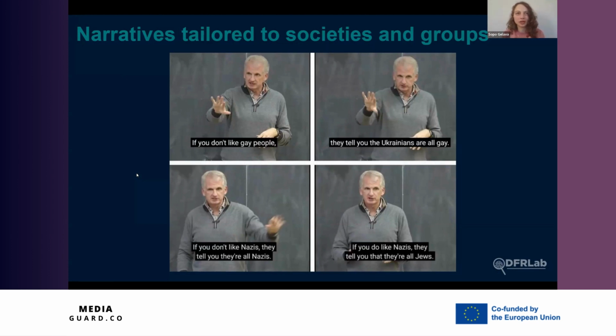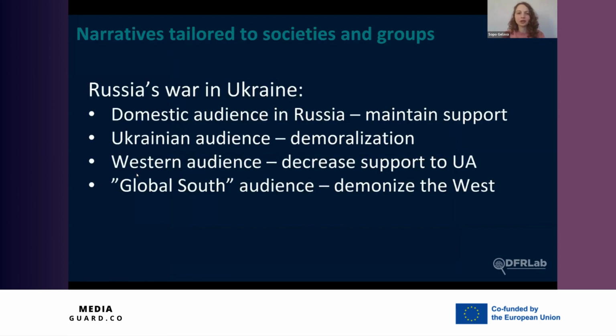For ordinary citizens, for the reader, it might be very hard to identify a single actor behind these opposing narratives. But this is what we are trying to research, investigate, and present: that all these contradictory narratives are tied back to one actor, and that they are contradictory and opposing deliberately. They are tailored to specific audiences, and also the aim is to pollute, so it is harder for the reader to identify truth among so many opposing narratives.